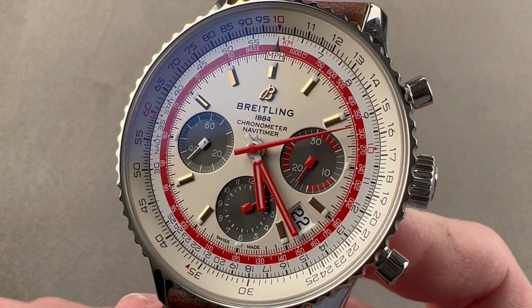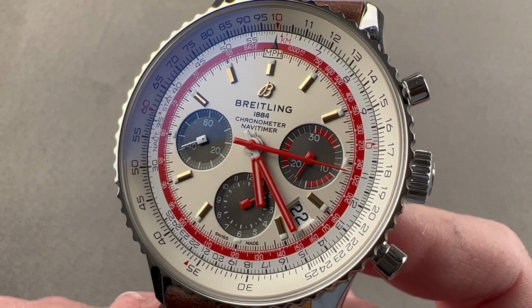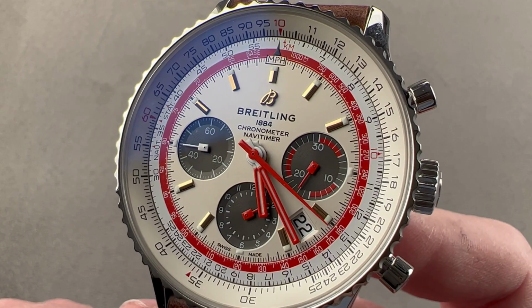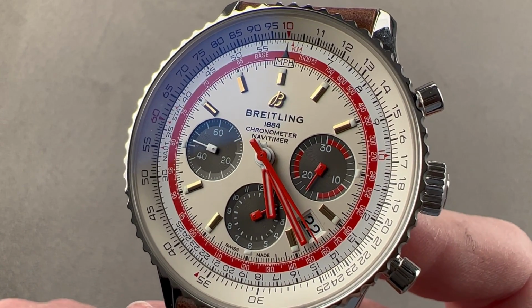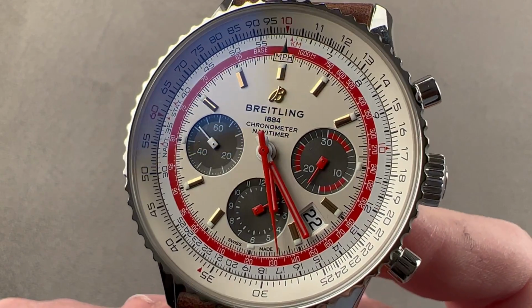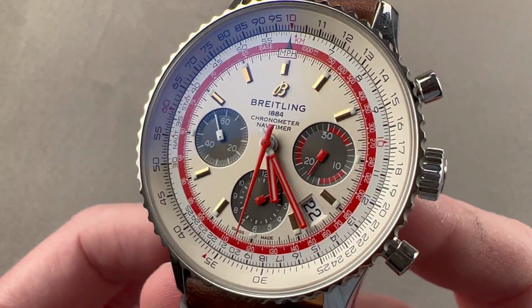Today, we're discussing part of a 2019 capsule collection from Breitling. So, a small series designed to be a special and limited run. That's what the capsule collection is at Breitling these days, and this was the airline series. This is the Breitling Navitimer B01 Chronograph TWA edition, so the colors of Trans World Airlines from the middle of the 20th century,